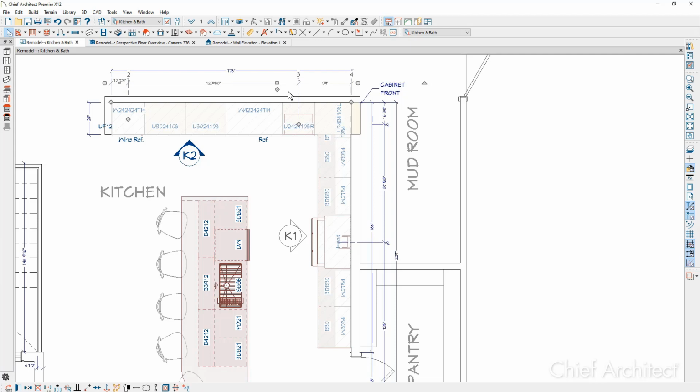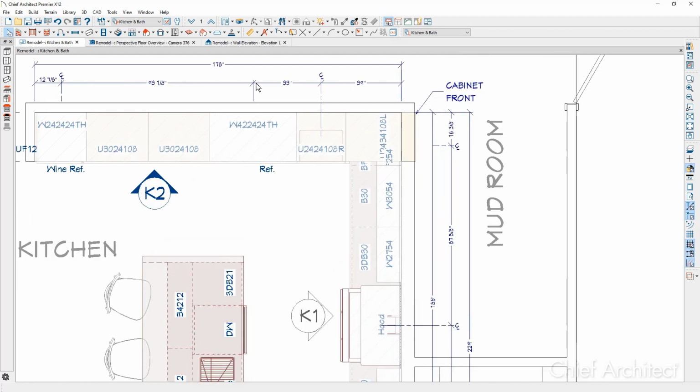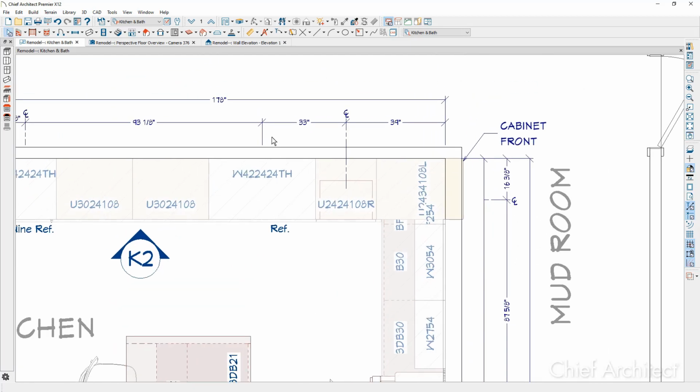You can click on the dimension. You'll notice that there is a little diamond that is near where you click on the dimension. You can pull that into the object. Notice that there is no center line on that particular extension. Pretty easy to solve that. Click on the extension, come down into the lower edit menu, click to mark that as a center line, and then that will highlight that as a center line marker.